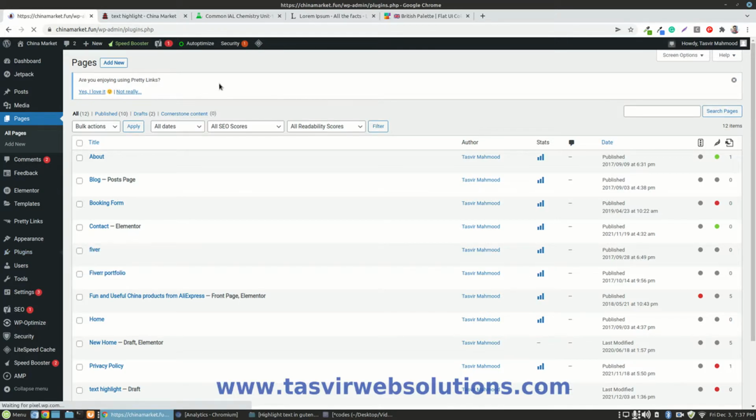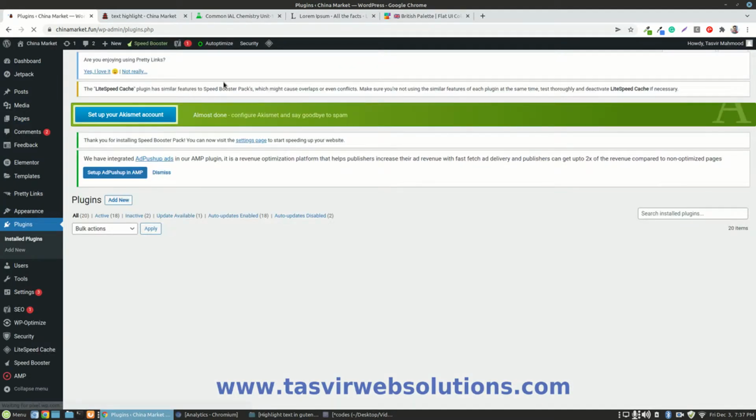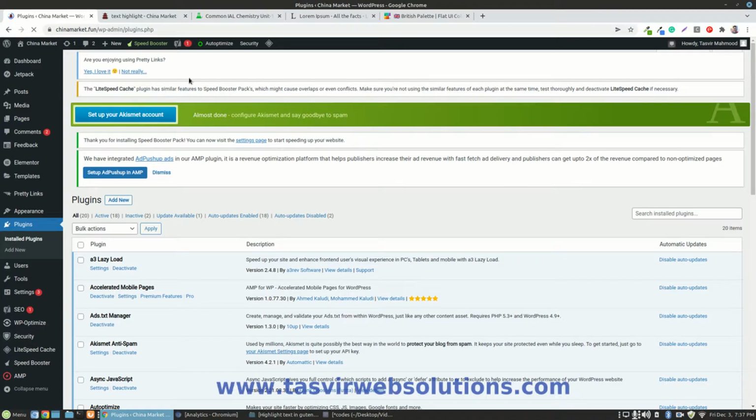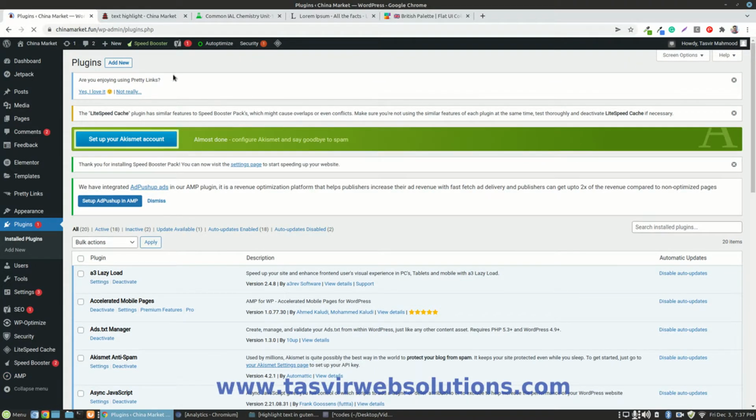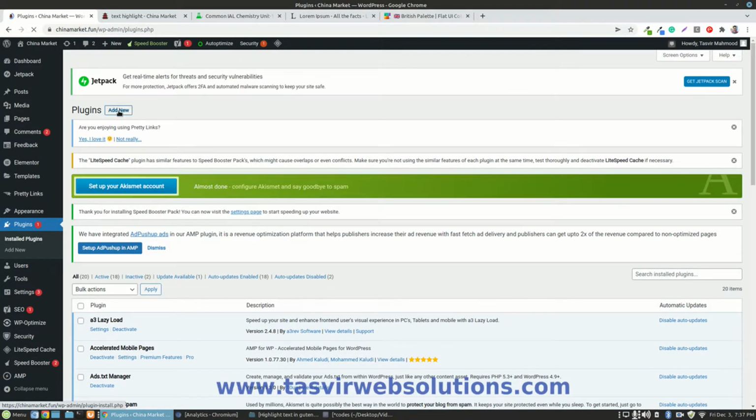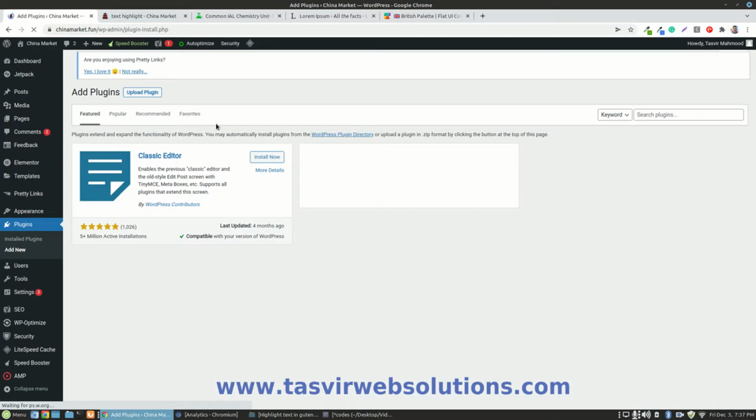Firstly, let's come to the plugin. It's called Gutenberg Blocks by Cadence Theme. It's very popular. Let me show you how it works.